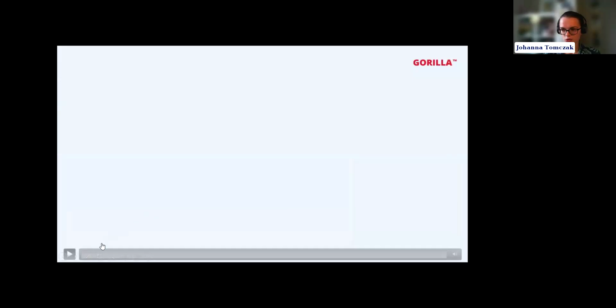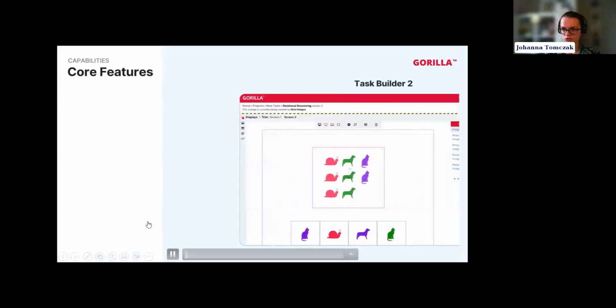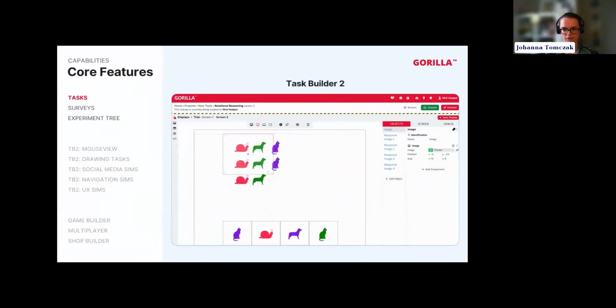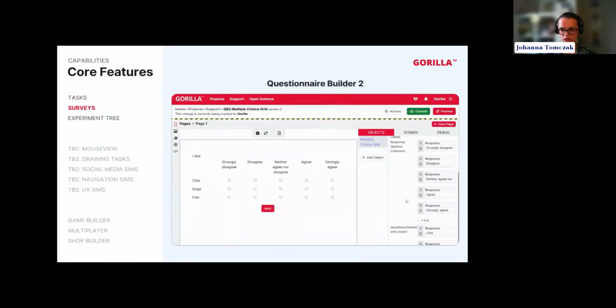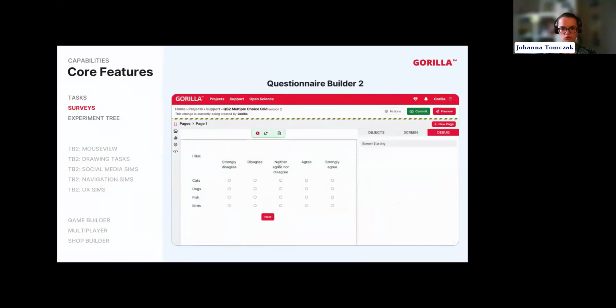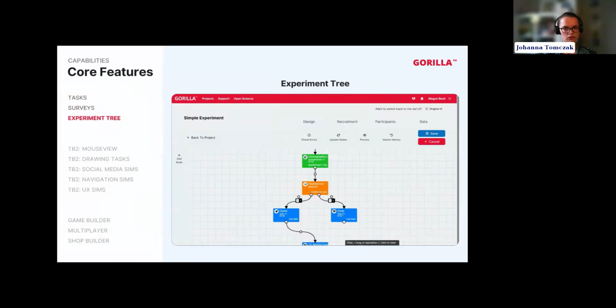Okay, here's a little quick video of Gorilla functionality. We support traditional reaction time tasks. We can have any type of stimulus in any response, and you get accuracy and reaction time measures. We also have a survey tool that does all the complicated things that experimental psychologists need, like the matrix survey tool, and we can support scoring and branching and subscales as well, so you can have several different questionnaires at the same time. And then you link your tasks and questionnaires together in an experiment tree with randomization and counterbalancing,